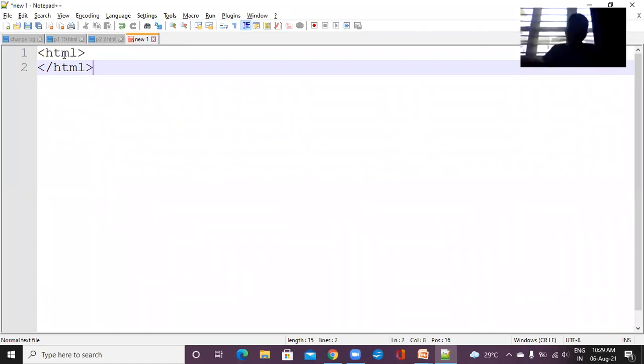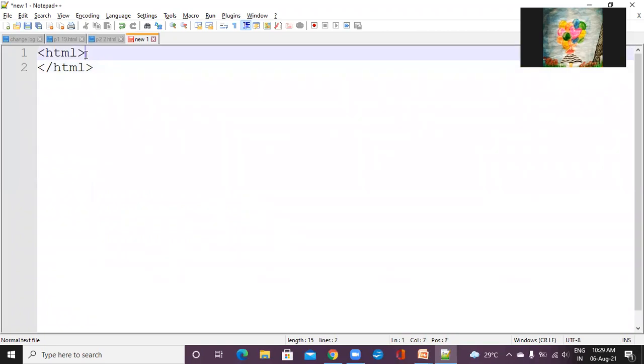There is one benefit of Notepad++, that suggestions already come, right? Suggestions already come, so you don't have to write down every word of the text. First, to remember the structure of HTML, do this thing.